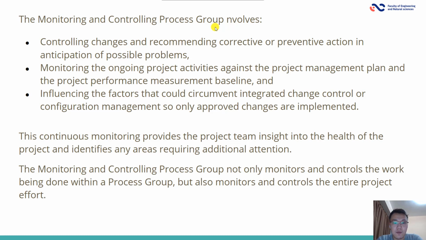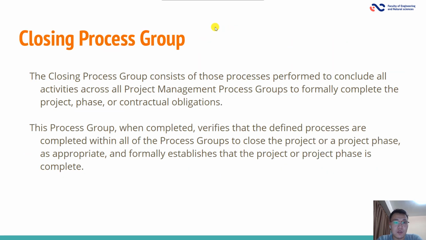This continuous monitoring provides the project team insight into the health of the project and identifies any areas requiring additional attention. Closing process group. The closing process group consists of those processes performed to conclude all activities across all project